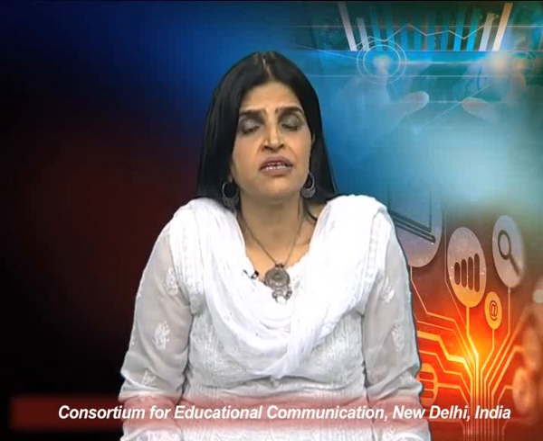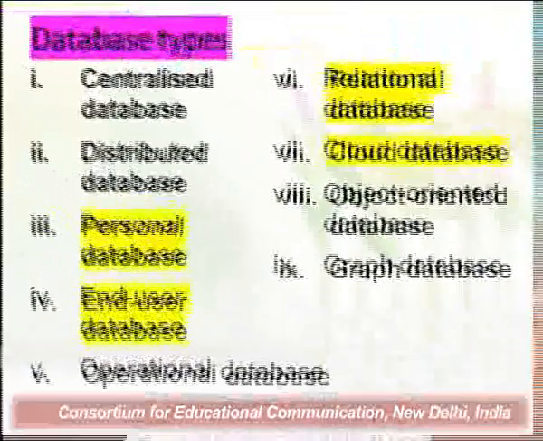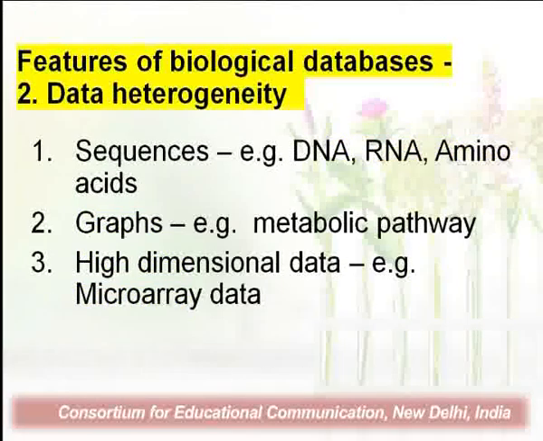It may be a personal database on my laptop, it can be a database on the internet, as I told you earlier, not in the cloud but on the internet. It may be a relational database, so it can be of any type like a computational database. Then the next feature of these databases is that data heterogeneity is possible. What is this data heterogeneity? It means we can enter any type of data, like in tables you can enter text, a number, or a byte.